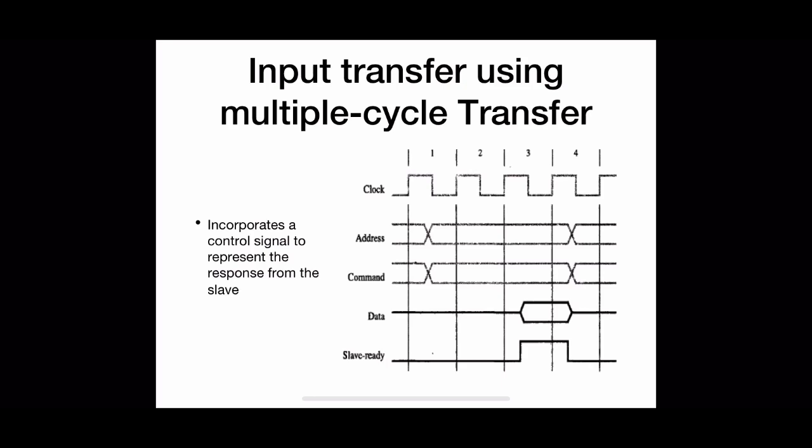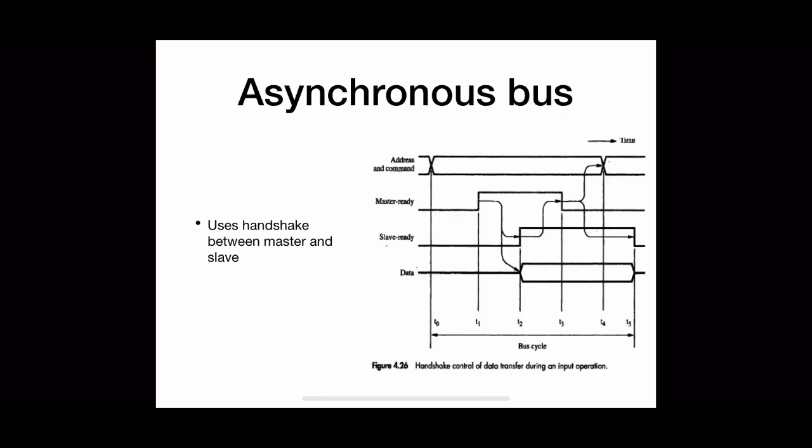Now, many of the computer buses, such as the ones in Pentium and ARM processors, use this kind of synchronous bus. Now we can see another type of approach that does not use a clock signal at all. That is called asynchronous bus. Here the common clock signal is replaced by a handshake between the master and slave. That is, the common clock signal is replaced by two timing control lines, master ready and slave ready. Master ready is asserted by the master to indicate that it is ready for a transaction, and slave ready is the response from the corresponding slave.